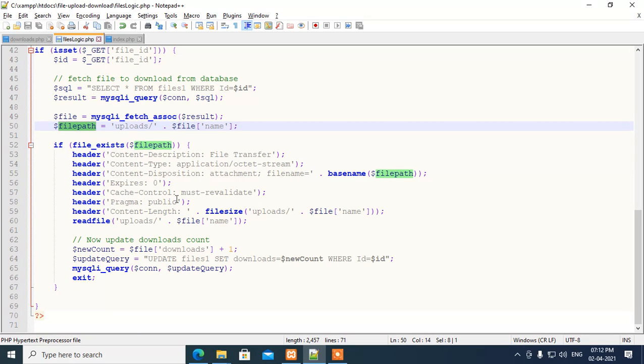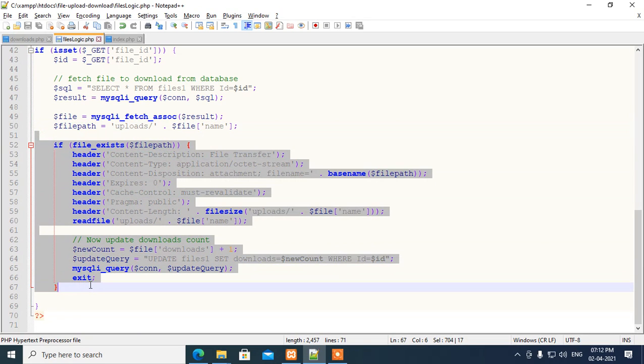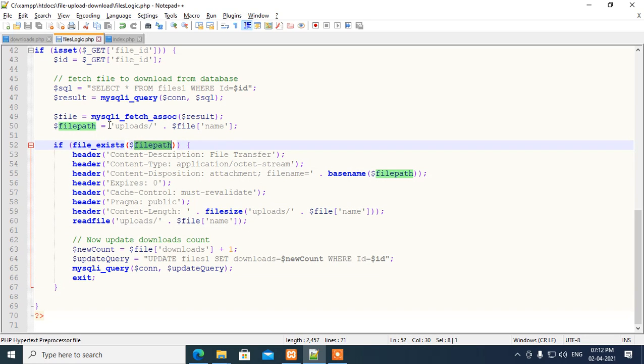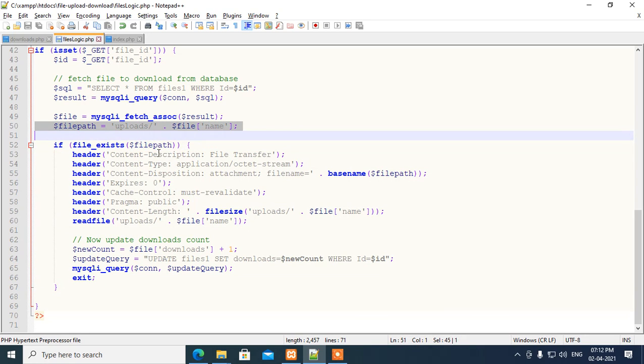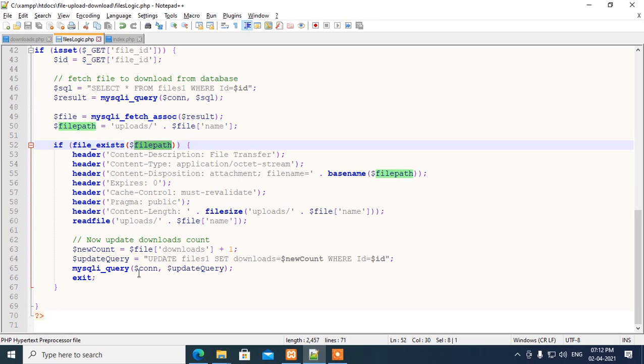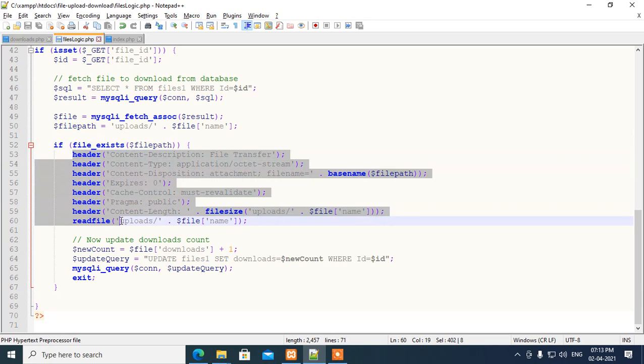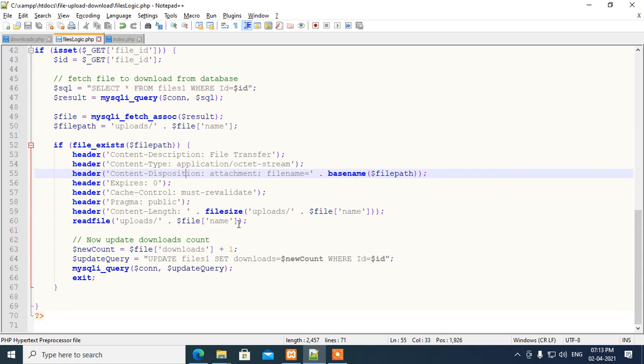After that, this is the code for how we can download that file. If the file exists in the particular path, then it goes into the if condition. Here you can see the header information, for example file transfer and octet stream.